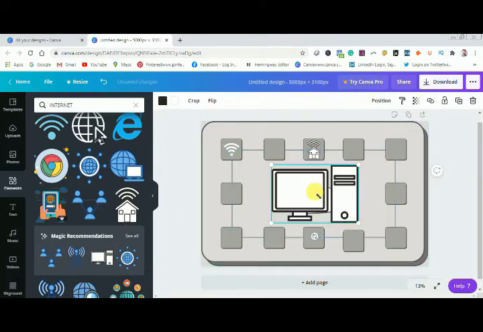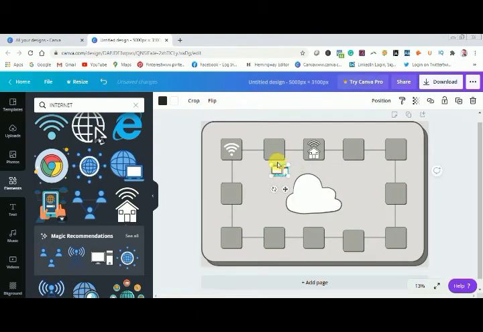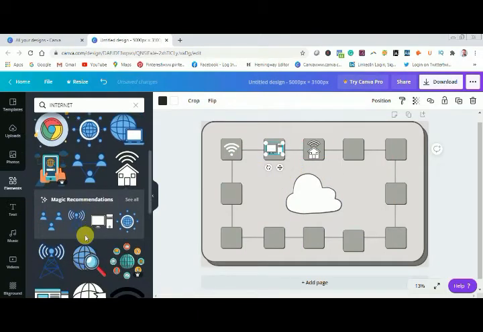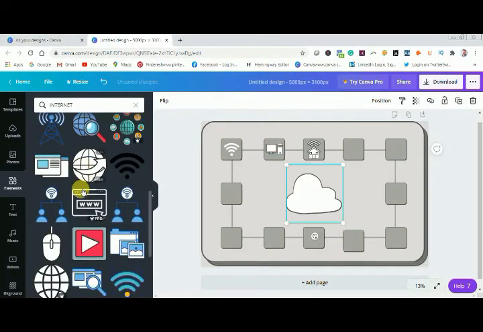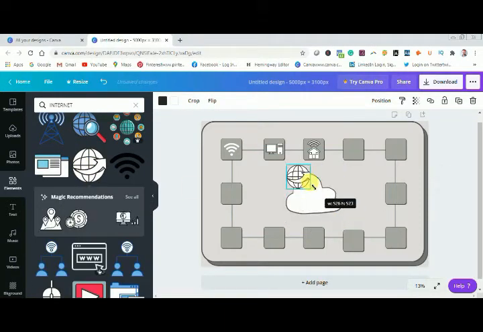So now I will select computer and CPU. I will make its size smaller and again I will place this into one of the boxes. Now here it is showing me the magic recommendations. I will select this earth and the arrow sign which best represents the internet section,